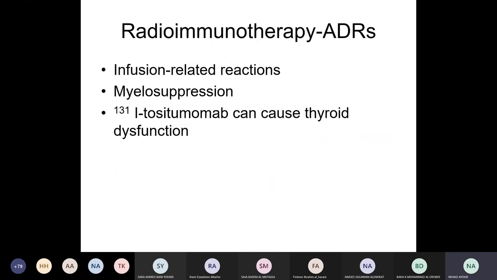Radioimmunotherapy potentially is very myelosuppressive. Iodine conjugated antibodies كمان ممكن تعمل thyroid dysfunction because of the load of iodine. If we will go to the iodine conjugated radioimmunotherapy, we have to make sure the thyroid function is appropriate,